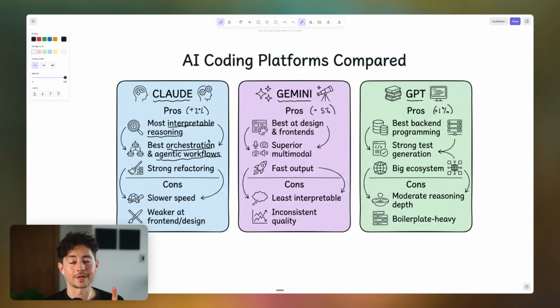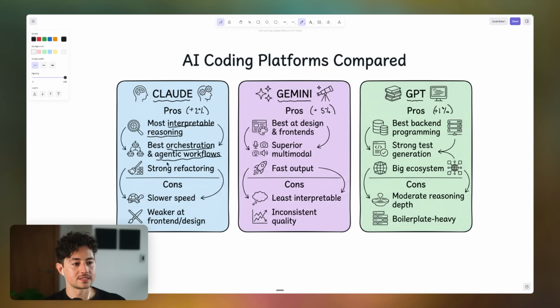And in doing so, you can also steer the model, stop the model, pause it, or give it new resources halfway through. I can't say the same about both Gemini and GPT. I think they're a lot less interpretable and it's a lot less accountable. Claude is sort of a partner that you build things with along the way, whereas Gemini and GPT are almost just like missiles. You set your target, you click the button, and then they go.